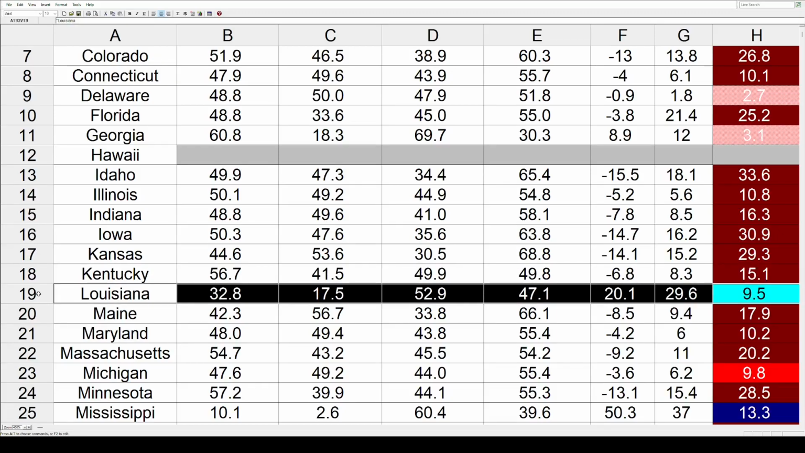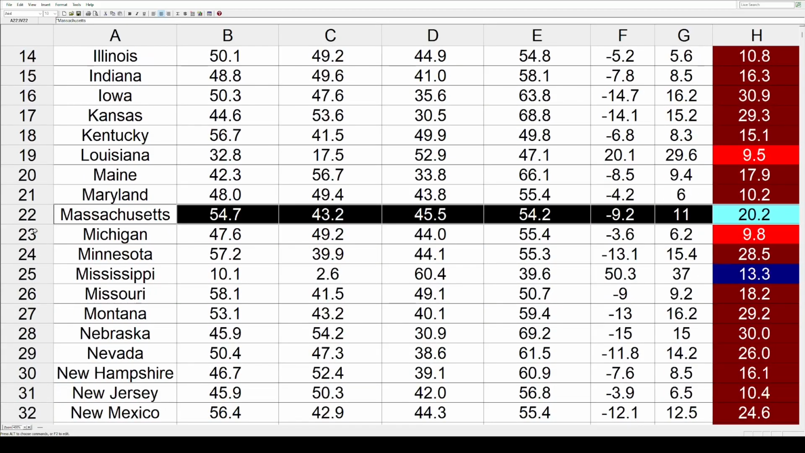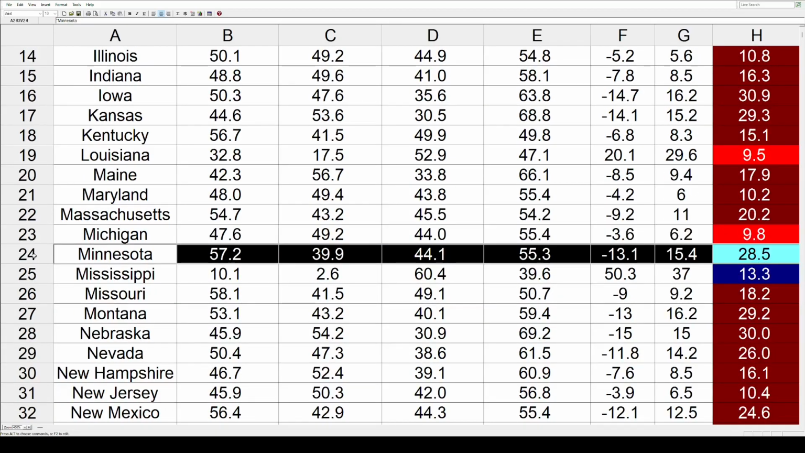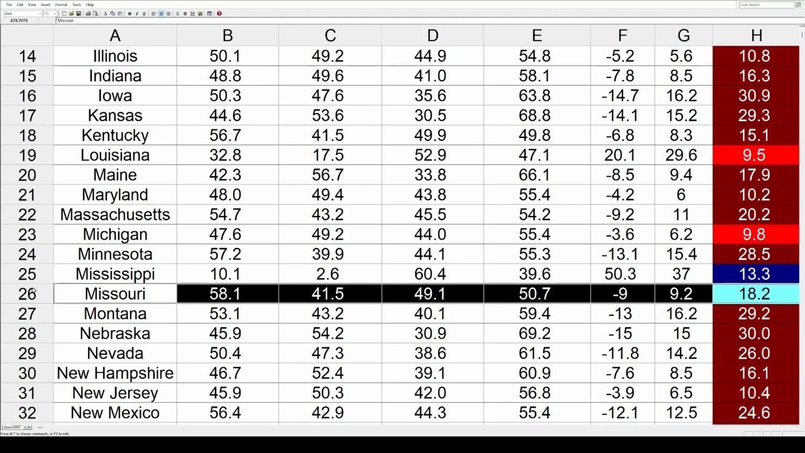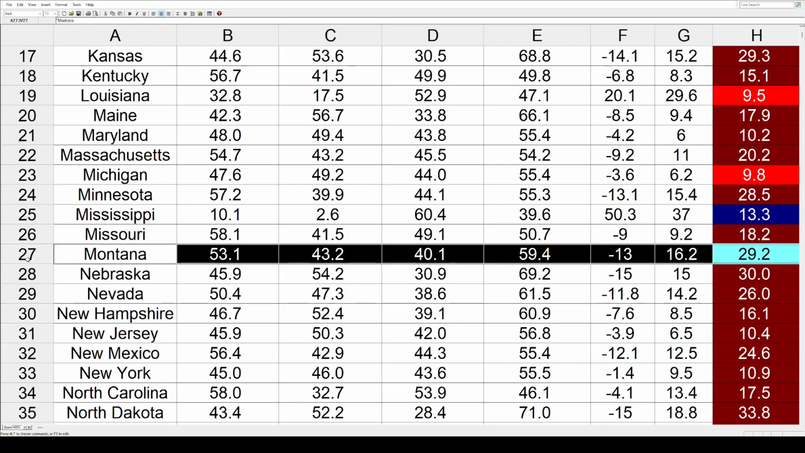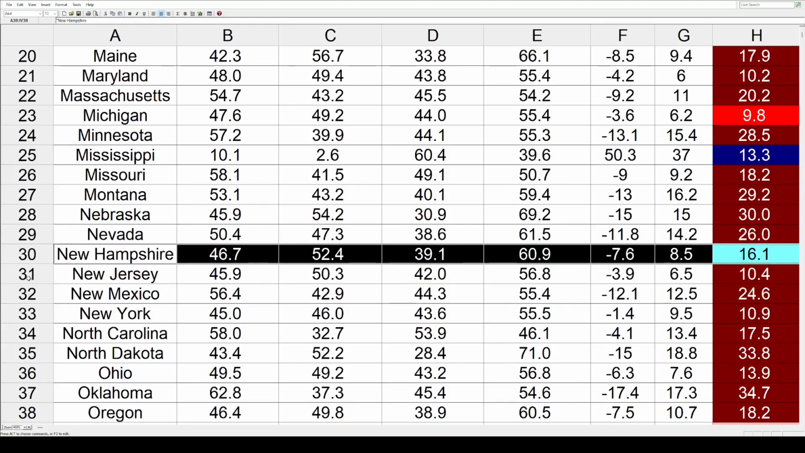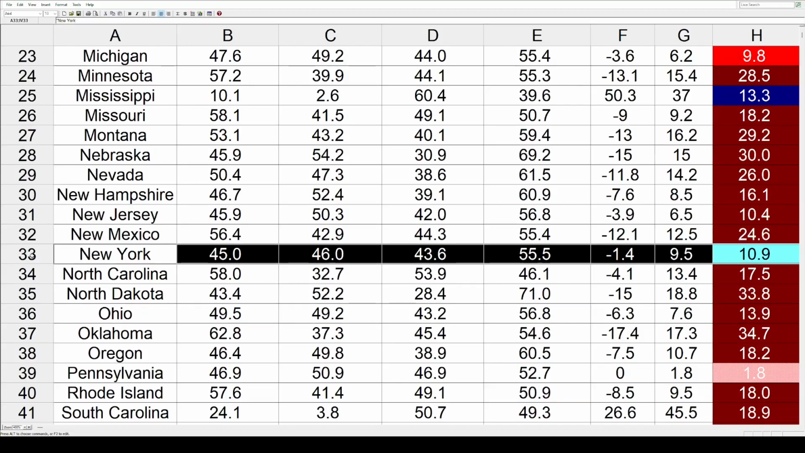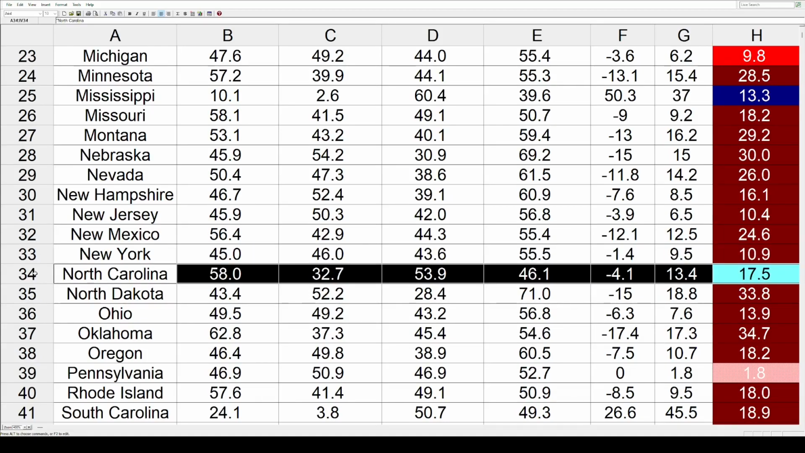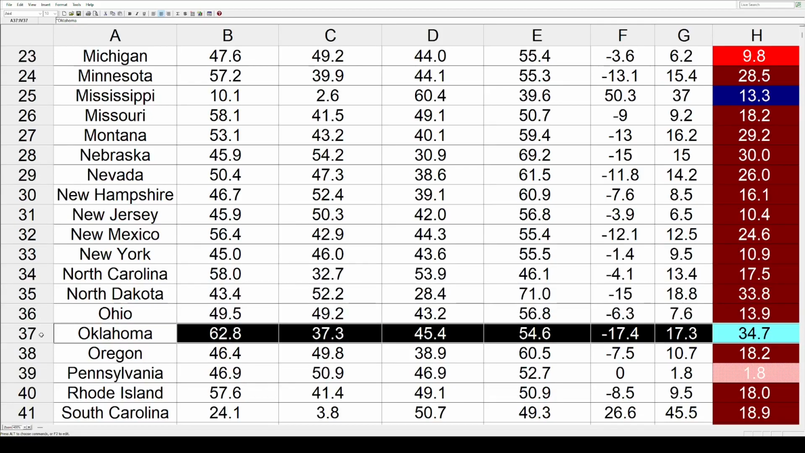15.1, Louisiana 9.5, Maine 17.9, Maryland 10.2, Massachusetts 20.2, Michigan 9.8, Minnesota 28.5. Mississippi is another one of those southern states. It made it difficult, but it shifted 13.3 toward the Democrats. Now back toward the Republicans, we've got Missouri at 18.2, Montana 29.2, Nebraska an even 30, Nevada 26, New Hampshire 16.1, New Jersey 10.4, New Mexico 24.6, New York 10.9, North Carolina 17.5, North Dakota 33.8, Ohio 13.9, Oklahoma 34.7,